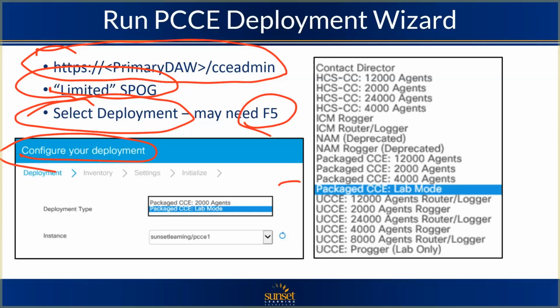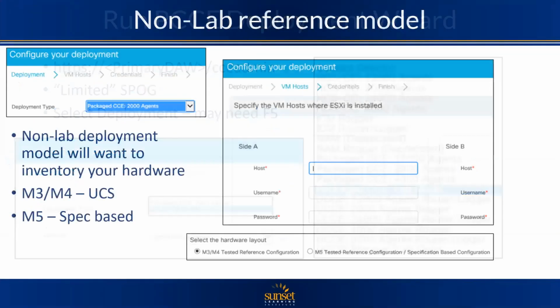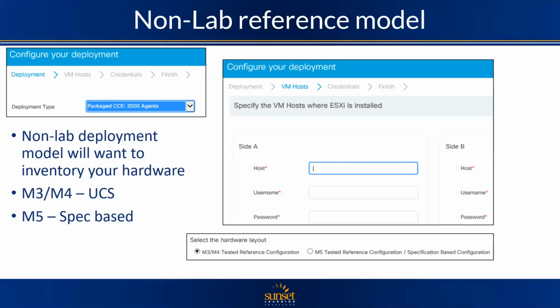But notice what we're up to now with the packaged environment. 12,000 agents, that's a whole lot of agents out there. As we'll talk about, what you pick here will kind of determine what screens you see thereafter. Notice what I'm picking is the package lab mode. Have to pick an instance, so I had to have an instance defined initially, but these are our options on the right-hand side. All right, sounds good. So I picked as my option package CCE